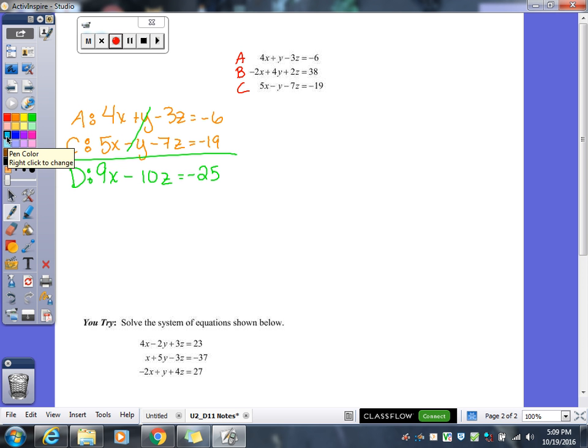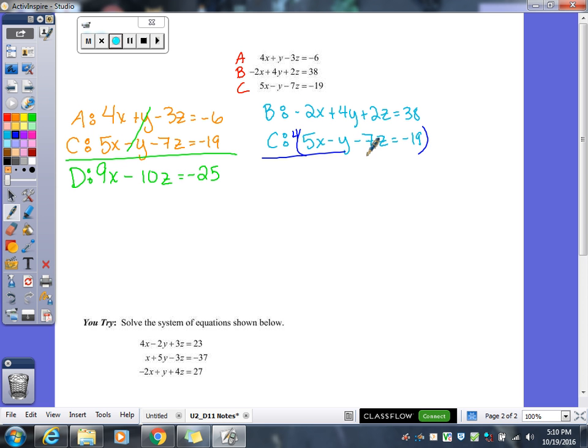So what I have to do now is pick 2 other equations and eliminate the y again, because I need to get 2 equations that just have an x and a z. So I'm going to use equation B, negative 2x plus 4y plus 2z equals 38. And I'm going to use C, 5x minus y minus 7z equals negative 19. The reason I'm choosing those is because, again, with my y's, which I have to eliminate since I eliminated it over here, I have the positive negative. So all I have to do is multiply here to make that a negative 4. So my first equation is not going to change,